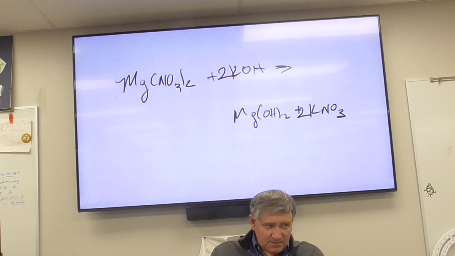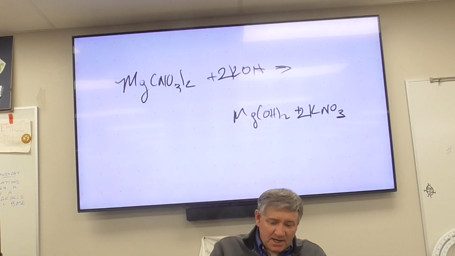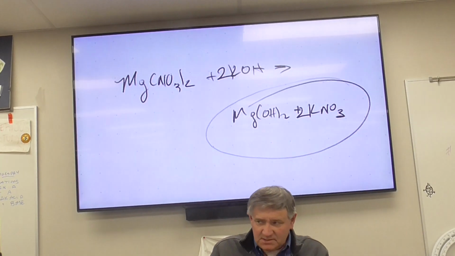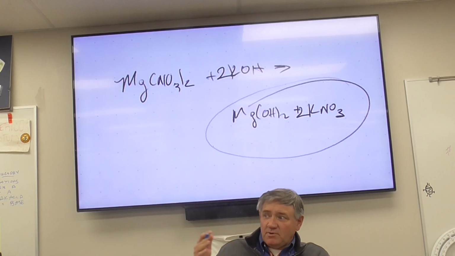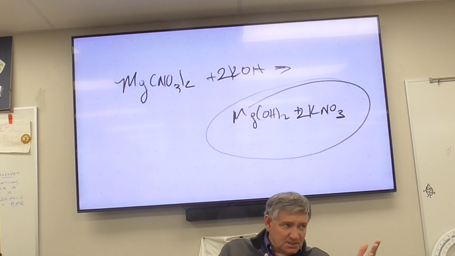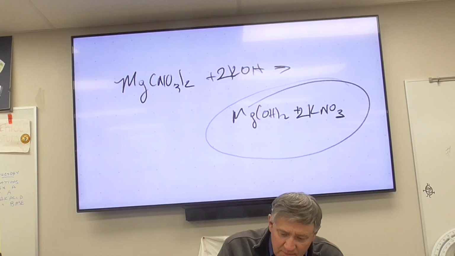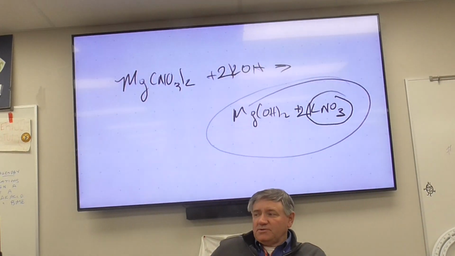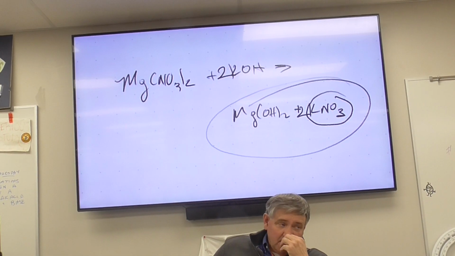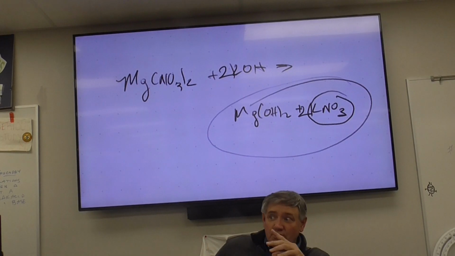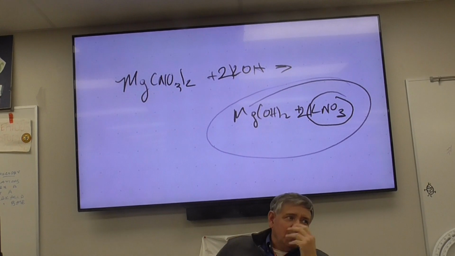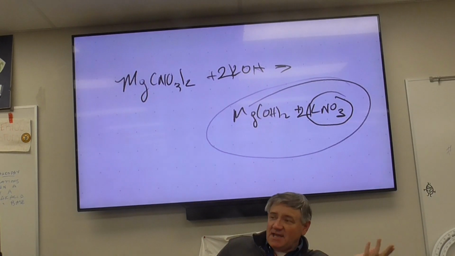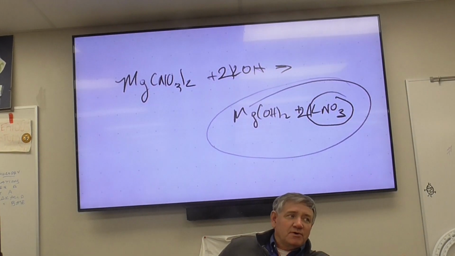You also need to do the net ionic. So to do the net ionic, you have to figure out which one of these is insoluble. If you're not sure, this is where Ksp and Ka are similar. If you go through the back of the book and try to find the Ksp value for potassium nitrate, you're not going to be able to find one. Why? It's soluble,